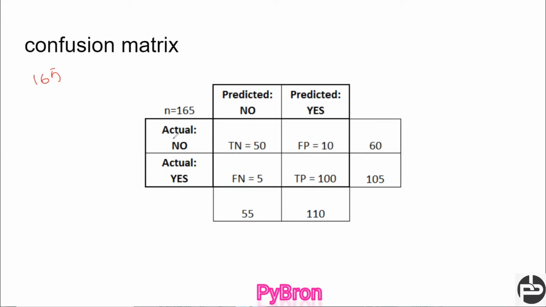So let's understand, there are some cases where people don't have cancer, and my machine is also saying yes, you don't have cancer. Those are marked as true negative. So what is a true negative? Just try to understand. True negative means people actually don't have cancer, and my model is also saying you don't have cancer. Then it's correct, right? Actually he doesn't have cancer, and the machine is also saying the same thing. So this is known as the true negative. The true negative is 50.